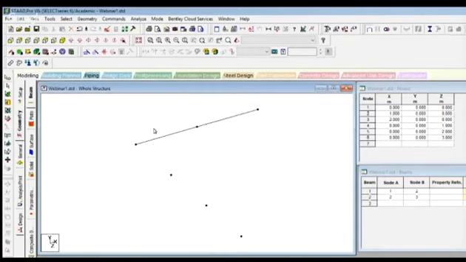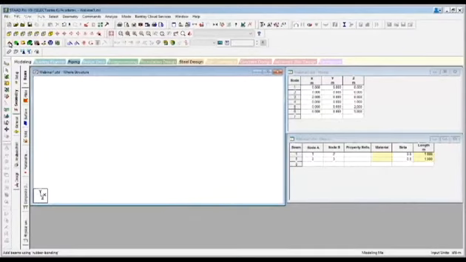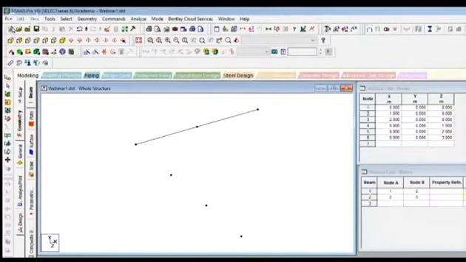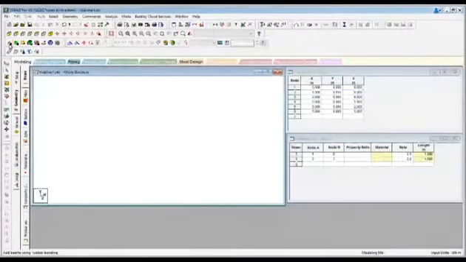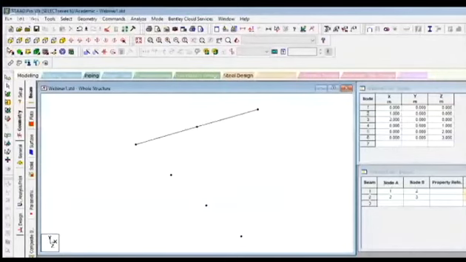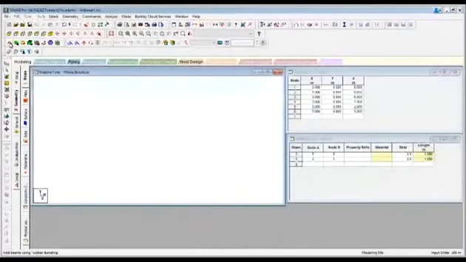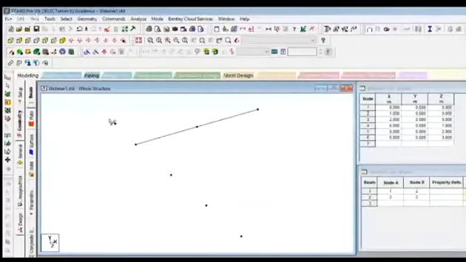There is another way of adding members. Come to the upper part of the window. You will see in the fourth row, first icon, the add beams option. Click on add beams, start from one node, and go to another node. You can also add beams in this fashion.